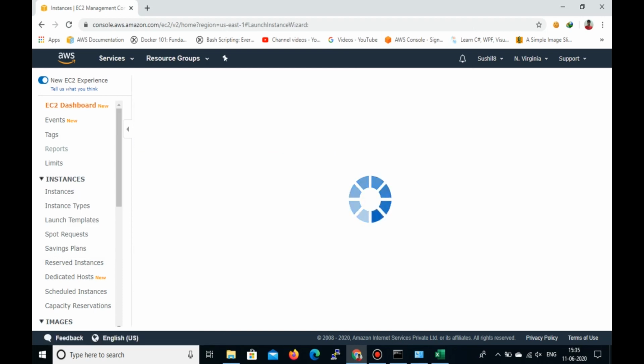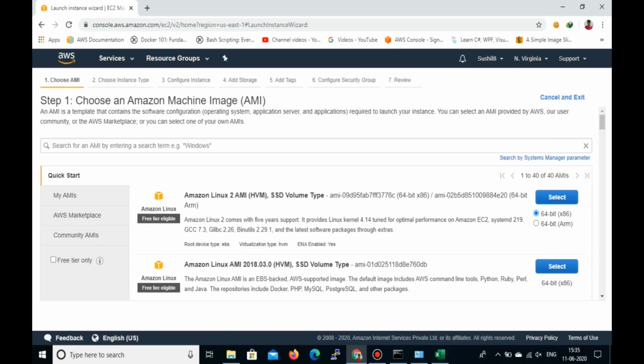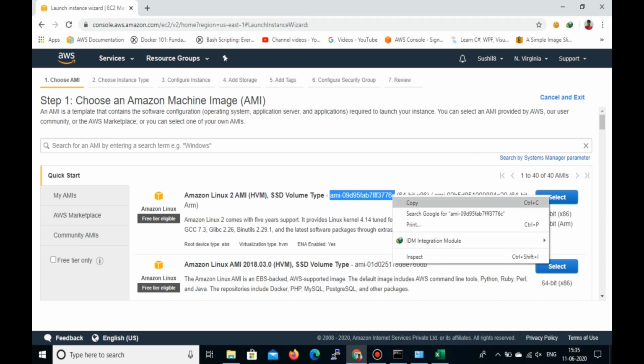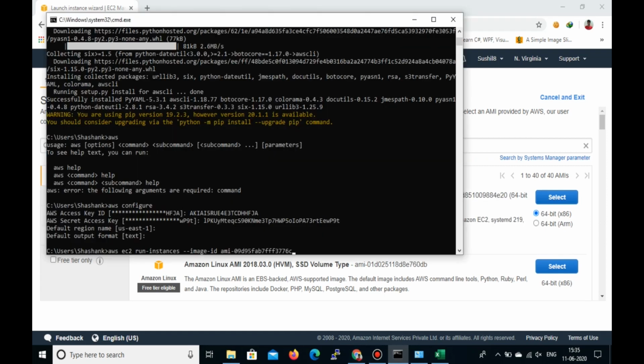I'm not going to create an instance through the GUI, but only to get the image ID. See, this is the image ID. You can take whichever one you want to create. I'm taking this one only. You can copy it and paste it here. So this is your image ID for the Linux instance.